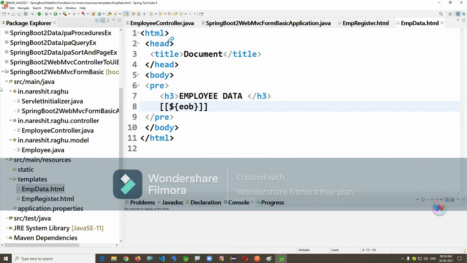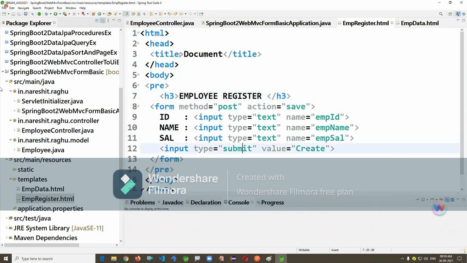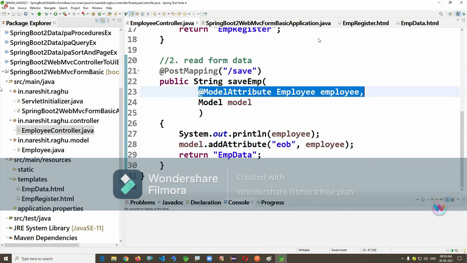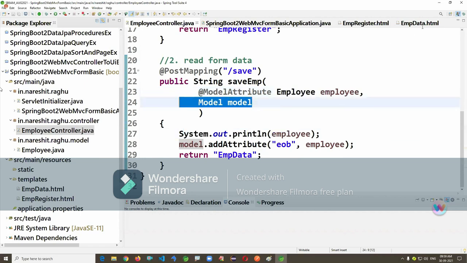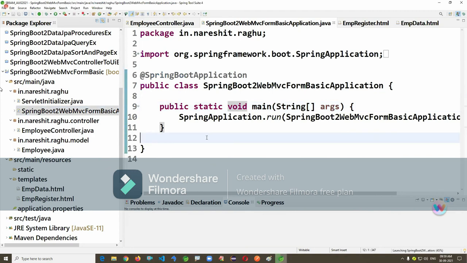This is just for printing purposes only. Last time, when you click on submit, this is important. Line number 23 is important: read the form object. So here I'm printing. I'm using the model only for printing purposes here. Run this application.